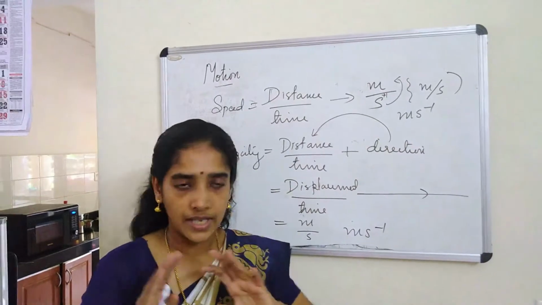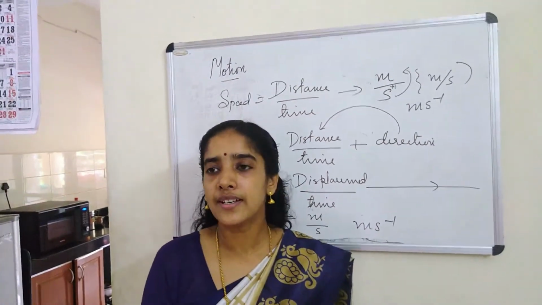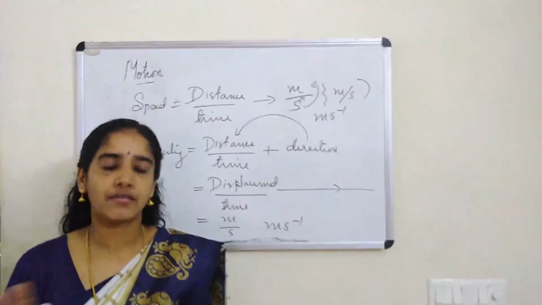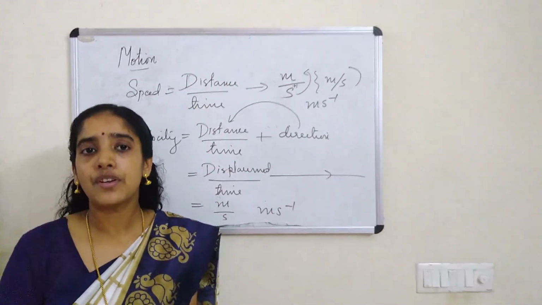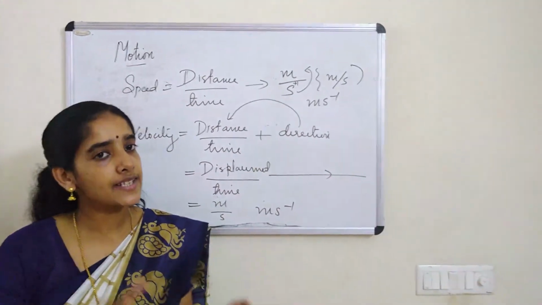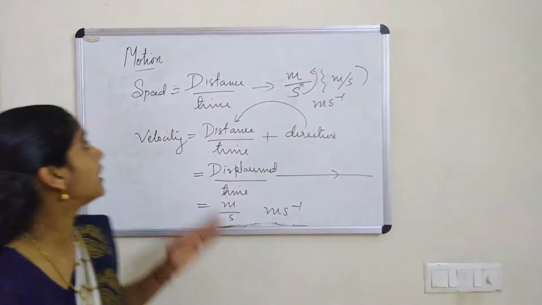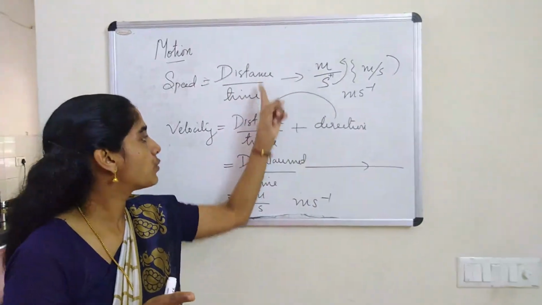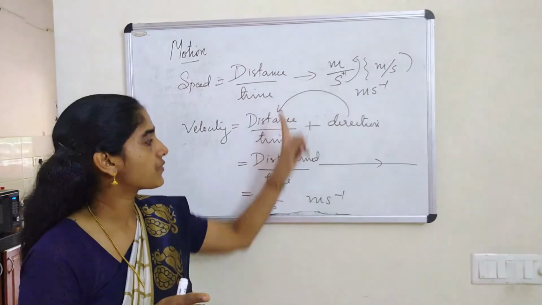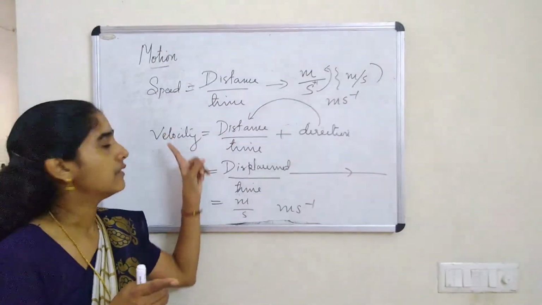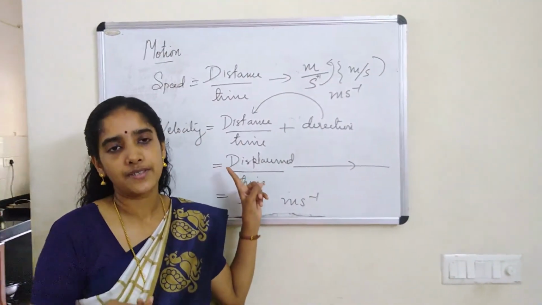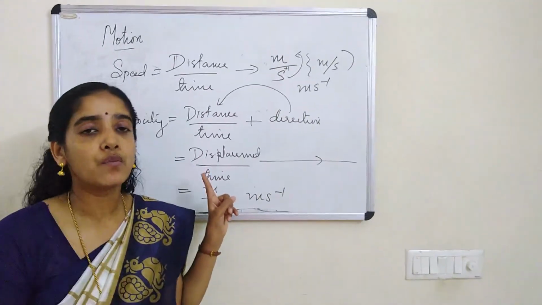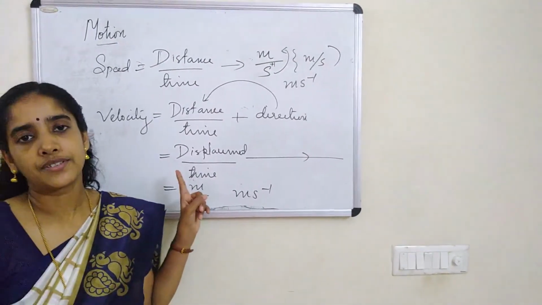So we studied already that in day-to-day situations the paths are not generally straight. So distance and displacement are not equal, but in any situation if the path is straight, then distance and displacement are equal. Same way with speed and velocity also. Means if path is straight, these two numerators are equal. What are the numerators? Distance and displacement. Then speed becomes equal to velocity. Can be asked in exam. Can speed and velocity be equal in any situation? Yes, only in one situation, when object travels in a straight line.